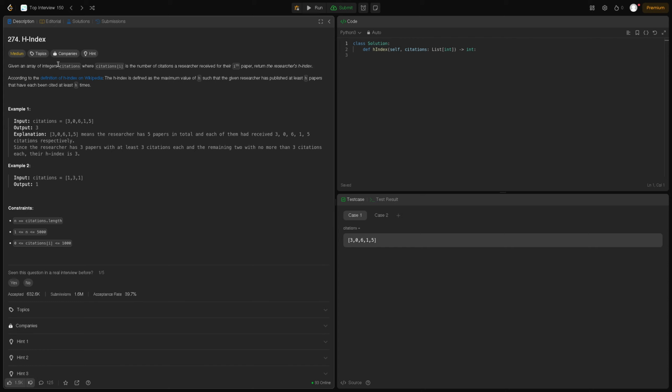Interesting. Seems like an interesting metric if it's actually used in real life, which I assume it is because it has a Wikipedia link. So, alright, so let's take a look at an example. So in this case,